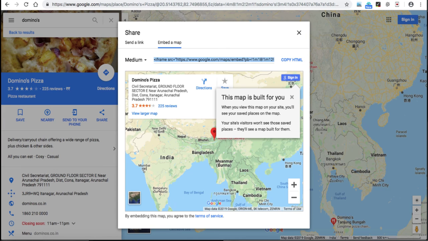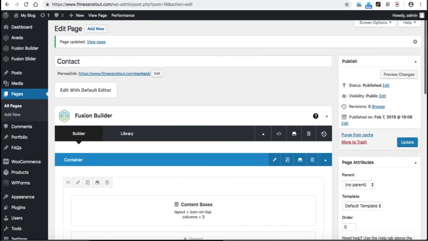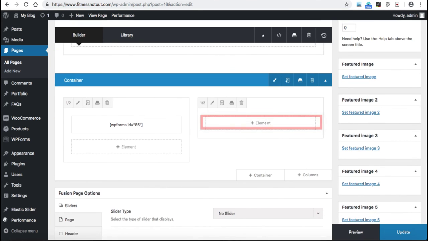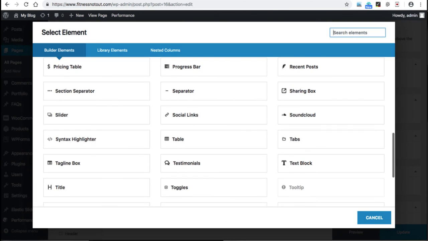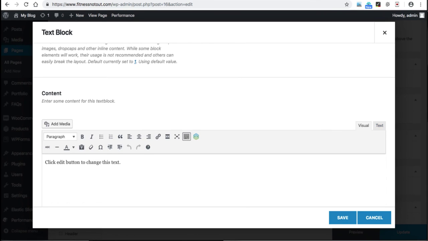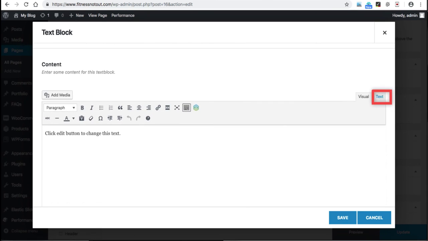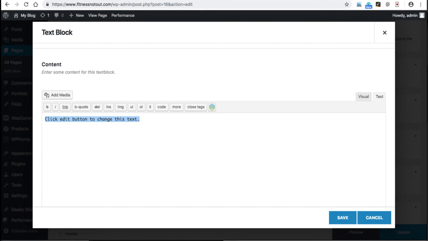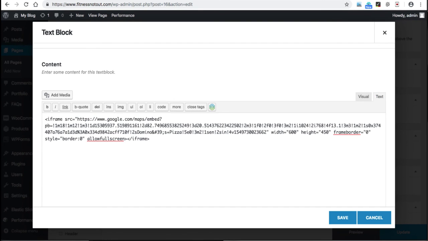So let's go back to the contact page. Here again, text block. So go to this text block and now jump to this text area, not the visual one, just the text one. Click on it, then Control A to select and Control V to paste. Now here you need to set the width and height of your Google map. So I'm just leaving it at 100%